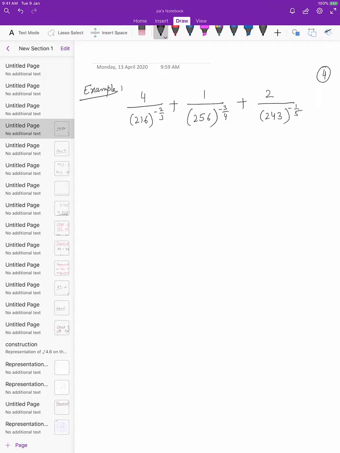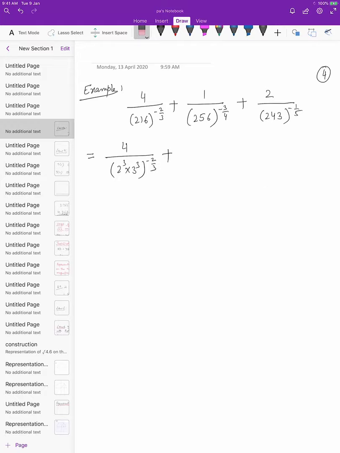Now let us solve some questions based on laws of exponents. Like this is the question here. First we write the numerator as 4 divided by, now 216. What is the prime factorization of 216? You can actually find it out, or orally if you want you can do it like this. Shortcut method. 216 is the cube of 6, but 6 is not a prime number. So prime factorization is 2 cube into 3 cube. You can actually do it and you will get to know. So 2 cube into 3 cube raised to the power minus 2 by 3,